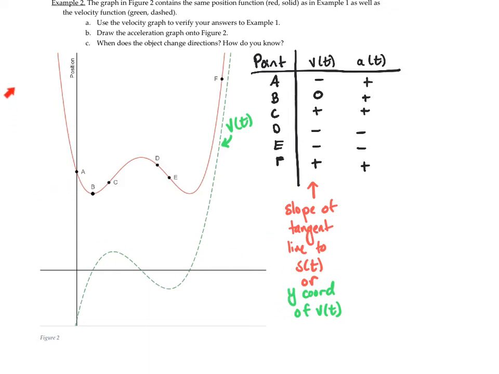So if I look at point A, for each of these points, I'm going to go ahead and drop anchors, which means I'm just going to trace them down to the x-axis, and then I'm going to line those up with the corresponding points on the velocity graph. So I'm drawing a perpendicular